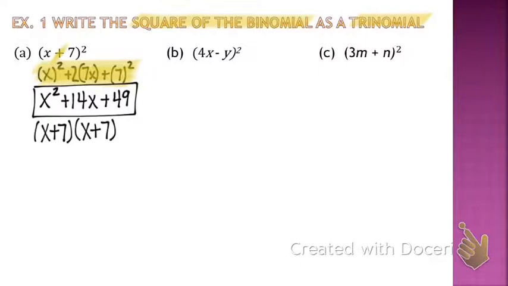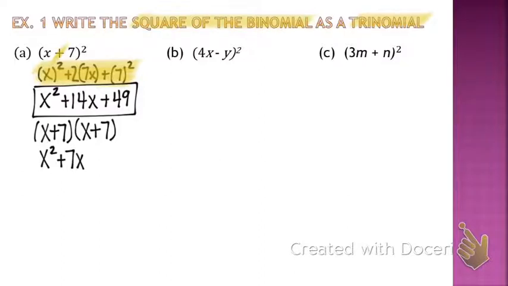Javon, what are the first terms that we're going to multiply together if we think through the FOIL process? x times x. Which is? x squared. All right, what are my outside terms? They're going to be on the... you've gone to the last terms already. What are the outside terms? x and 7 are the outside terms,